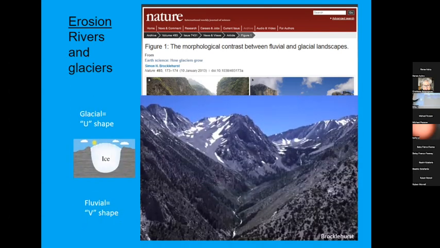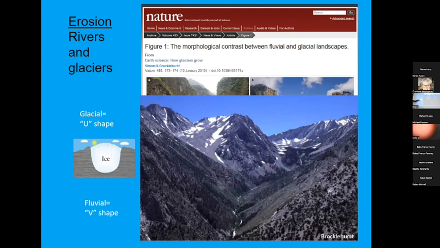And rivers, we tend to think of the signature on the landscape of river erosion, or fluvial erosion, as the V. This image has both, it's nice, I think it's from this paper, if I remember, showing both what river erosion looks like and glacier erosion. The river erosion is more narrow valleys. You think of these steep gorges in the Himalayas. They cause more of, we say, the V shape. Glaciers tend to, we think, if they're eroding over time, cause more of the U shape.